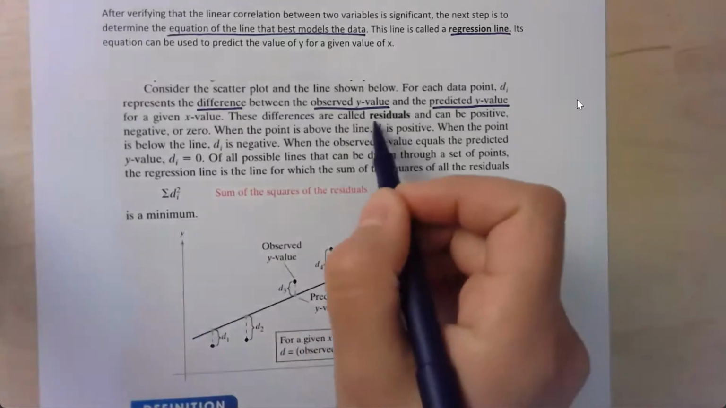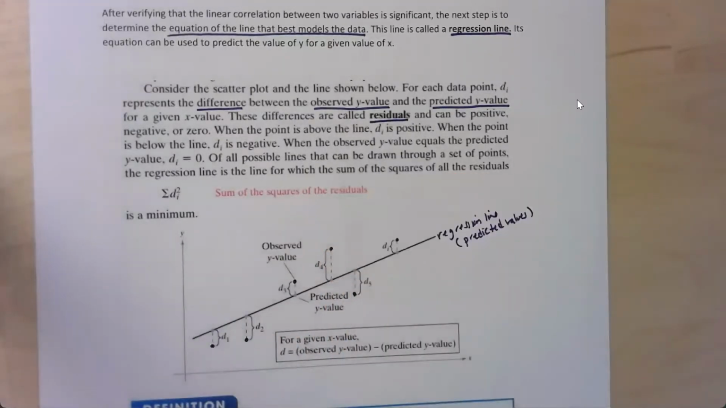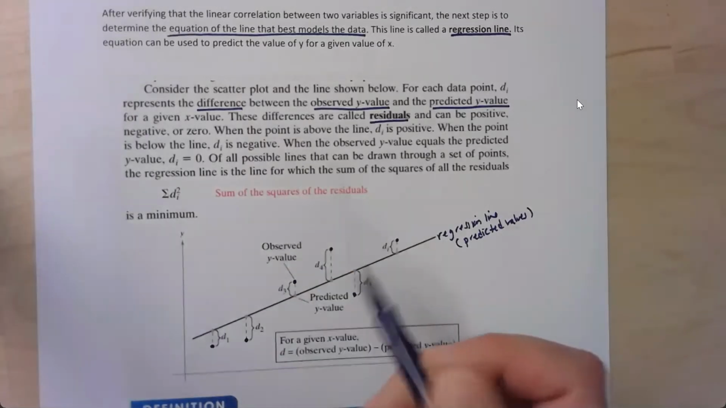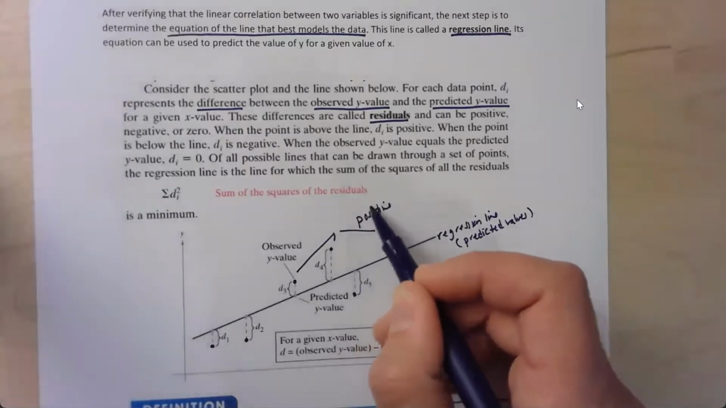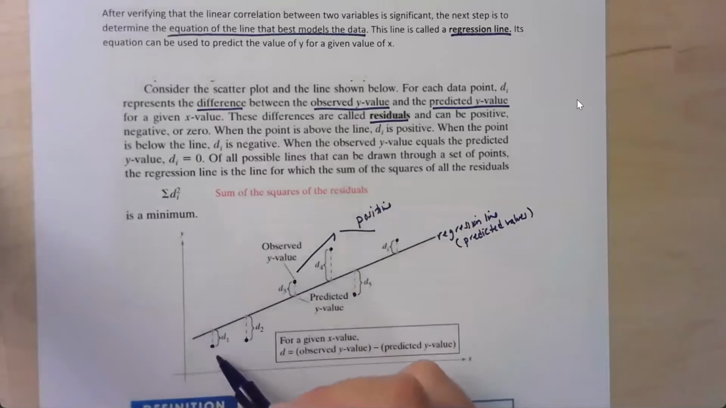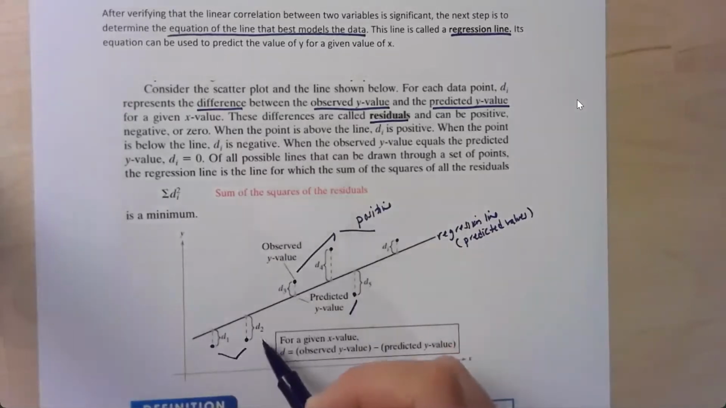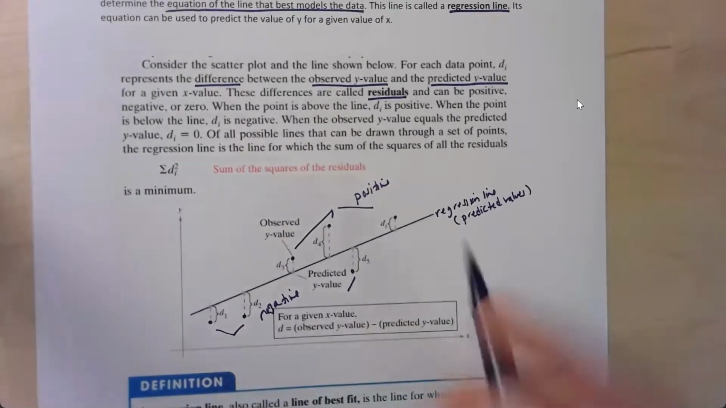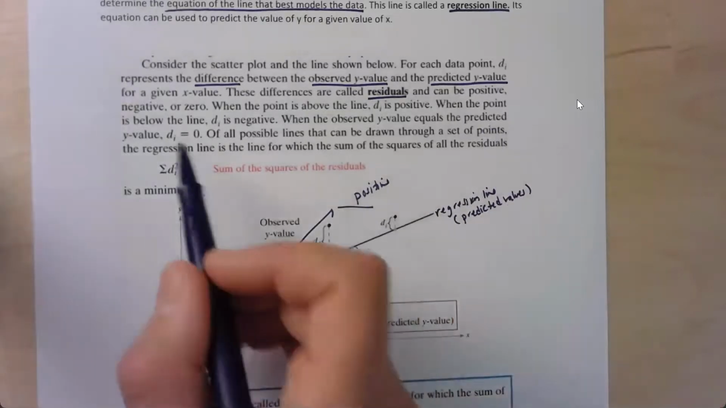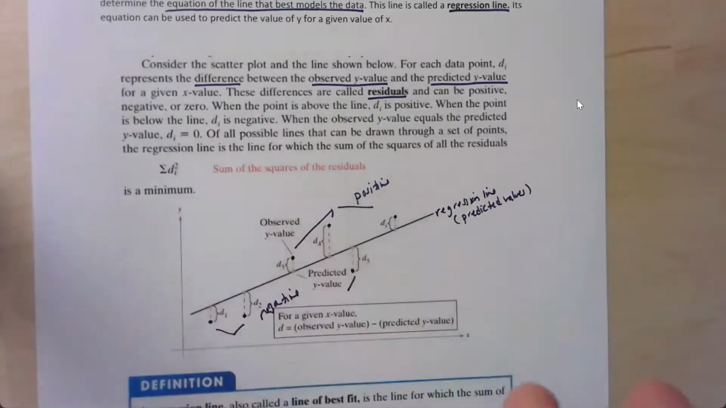These differences are called residuals. They could be positive, negative, or zero. When the point is above the line, like these are here, these are going to be positive. And when the point is below the line, like this one here and this one, these are going to be negative. When the y value equals the predicted value, then that d sub i is 0,